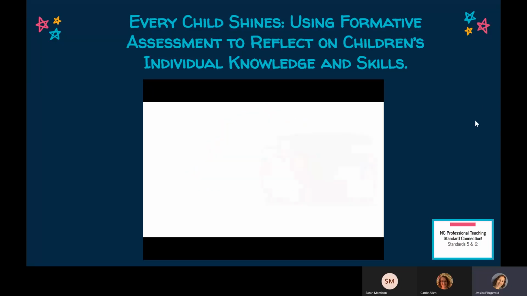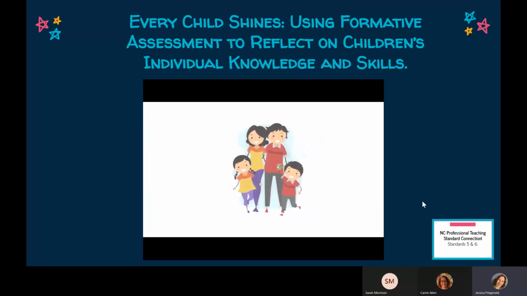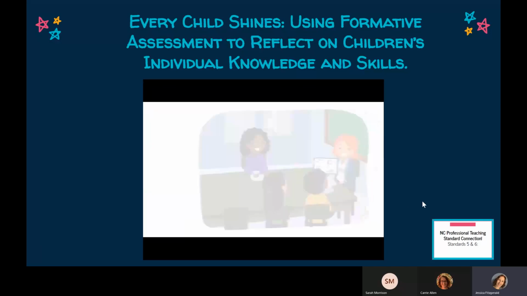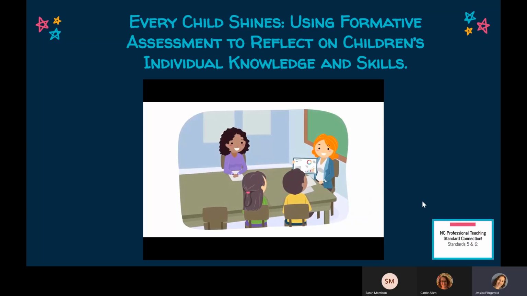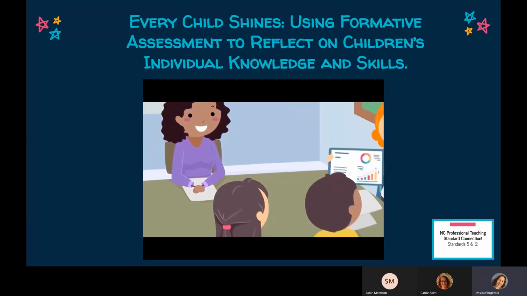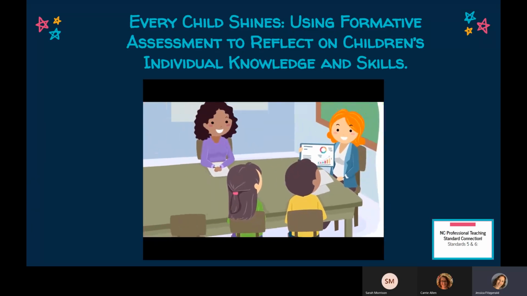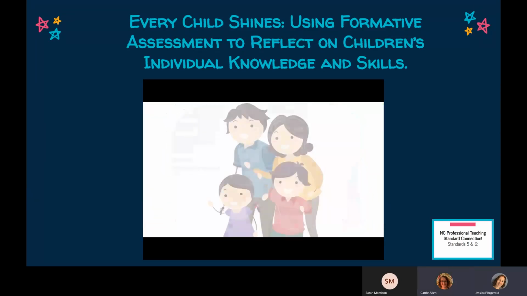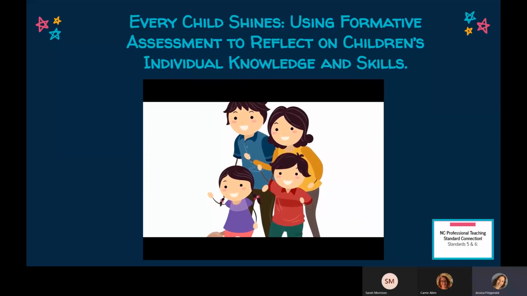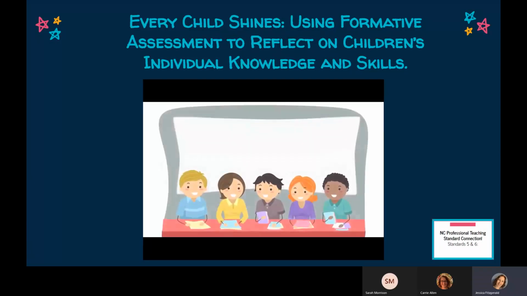Formative assessments can provide a wealth of information, not just for teachers, but for families and administrators. Over time, the information from formative assessments can provide a rich record of a child's progress and growth. Information about a child's strengths and areas for growth can be shared during parent conferences. Teachers can also share ideas for activities that parents can do at home to support their child's learning and development.